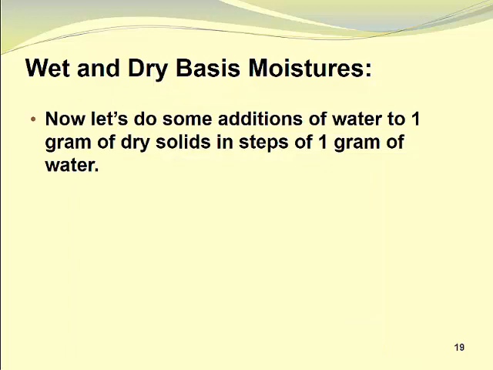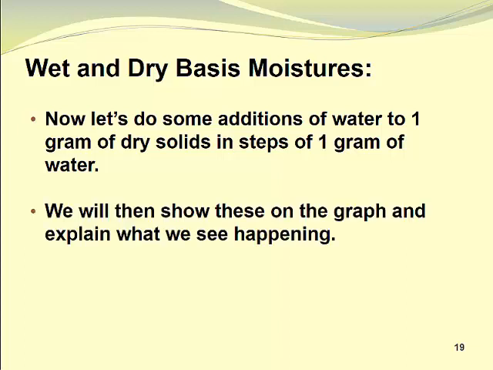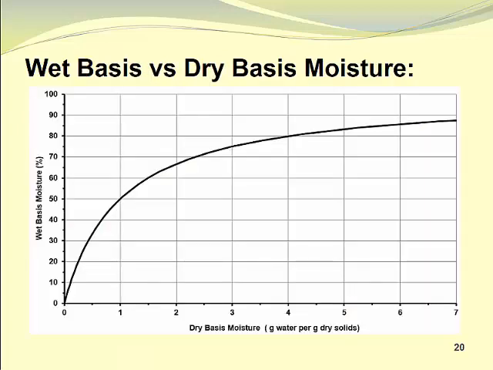Now let's do some additions of water to 1 gram of dry solids, and we will do this in steps of 1 gram of water. We will then show these on the graph and explain what we see happening. In this graph, we have taken the lower portion of the graph which you saw several slides ago. It goes from 0 grams of water per gram of dry solids to 7 grams of water per gram of